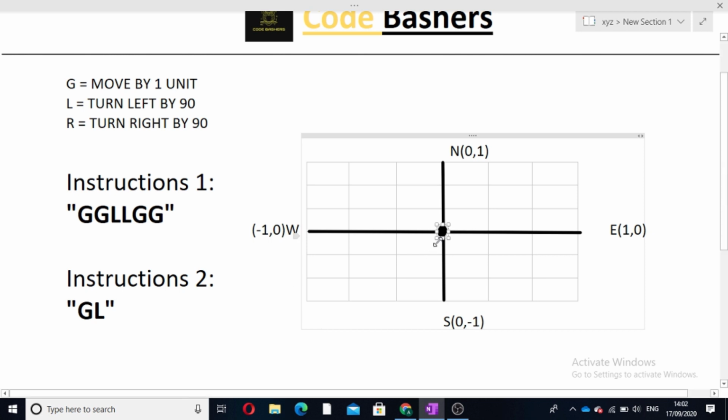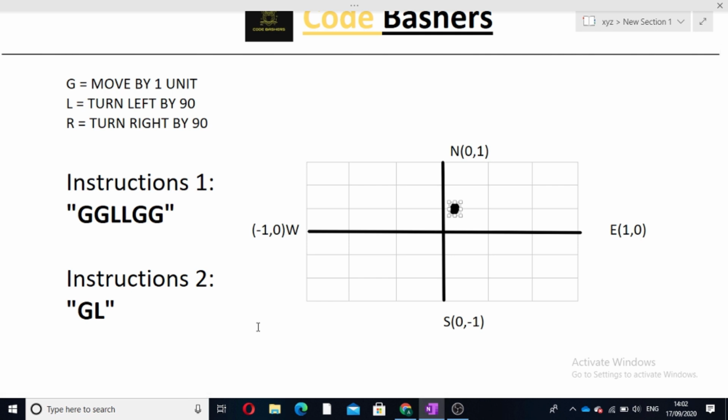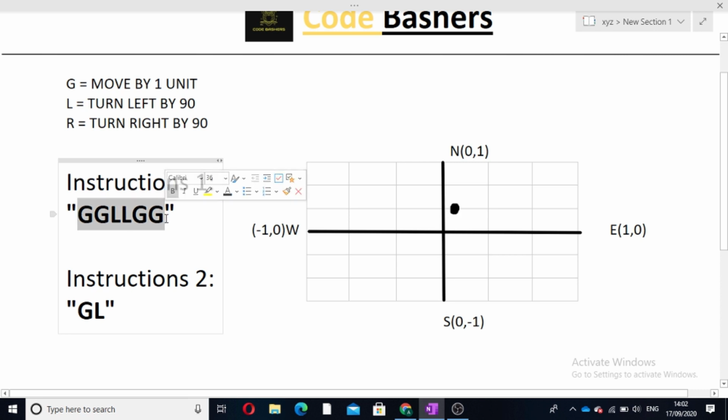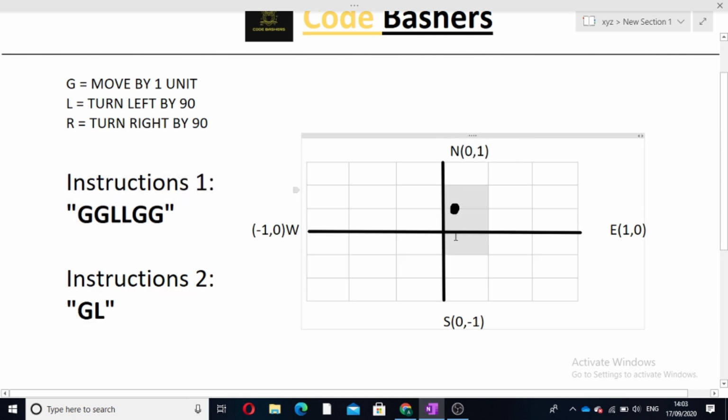So we have to keep one thing in mind, that when we perform the set of instruction for the first time, that is when our robot was here and was facing west, we have performed this. So in this case also we can reach our original position. So we have 2 conditions here. If after performing the set of instruction for the first time, the robot reaches its initial position only, then the answer we will be returning is true.